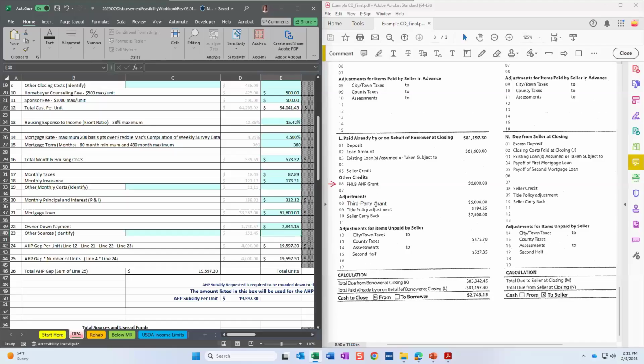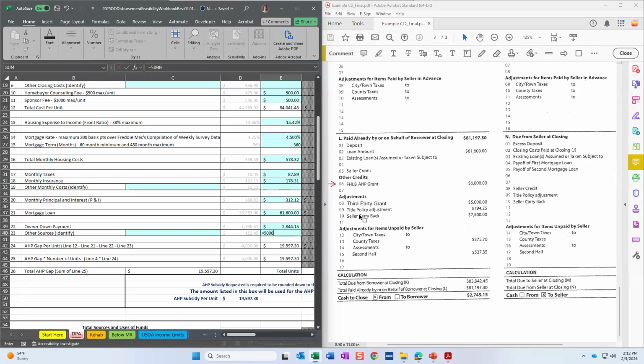So they received a third-party grant. This could be from any sort of organization. If you have a member that donated some funds to them, if you have gift funds, somebody mentioned gift funds earlier, we may see gift funds show up here. So this one just generically has third-party grant name, just to protect, again, sensitive information. So I entered just a generic name here to cover that. So they received $5,000 in a third-party grant.